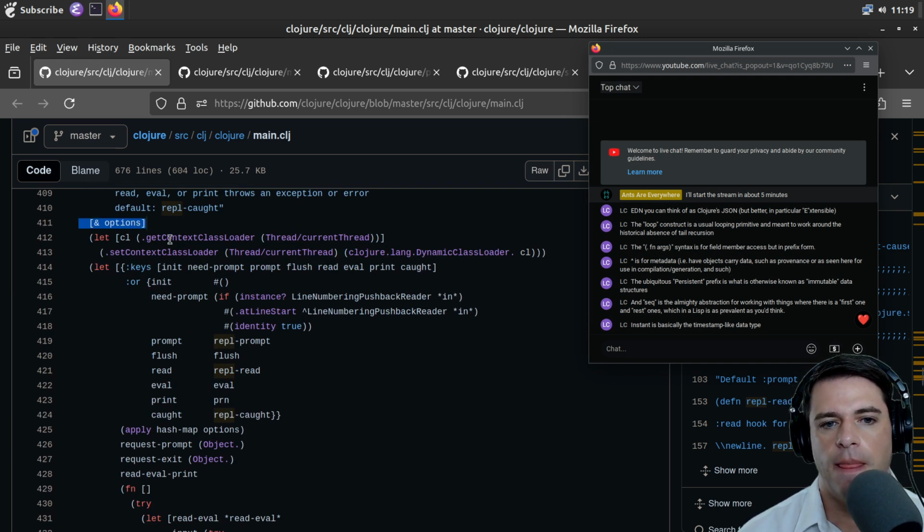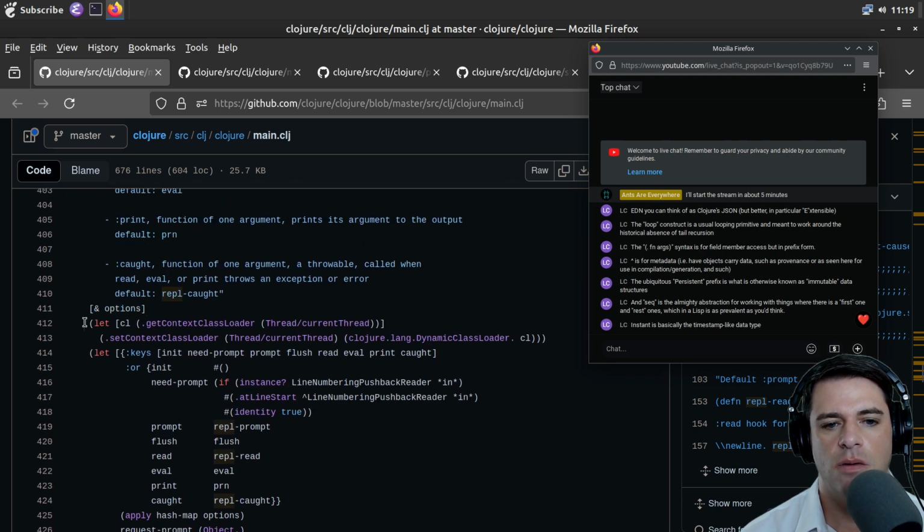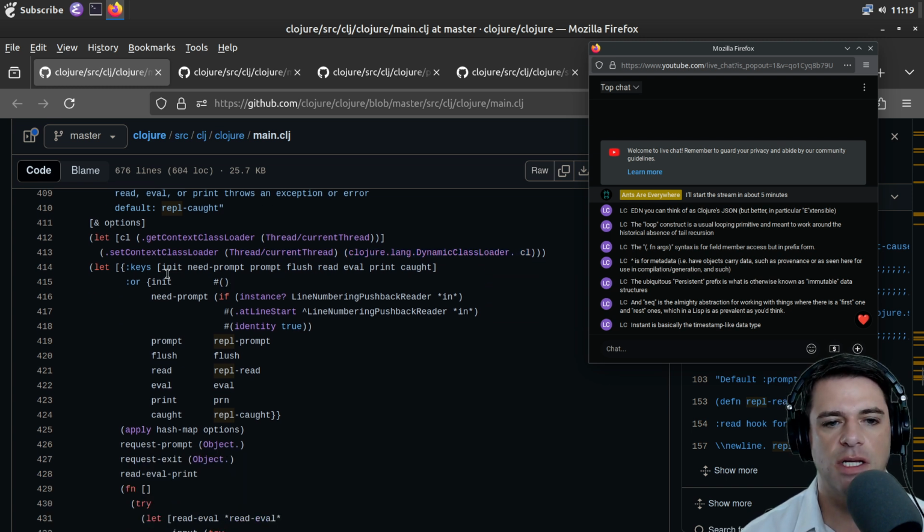So we have some options. I don't know if these are the arguments to the function. We are defining some stuff here. Cl might be class loader. Let cl get context class loader, thread, current thread. I guess this seems to be getting context from the current thread. And then we're going to call set context class loader to something, whatever dynamic class loader of cl or something along those lines.